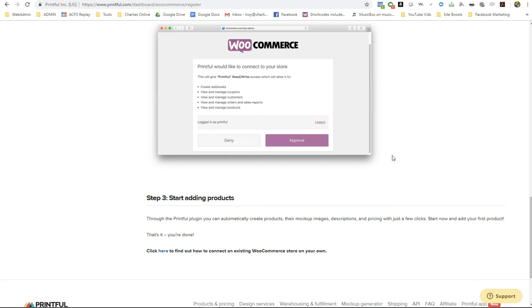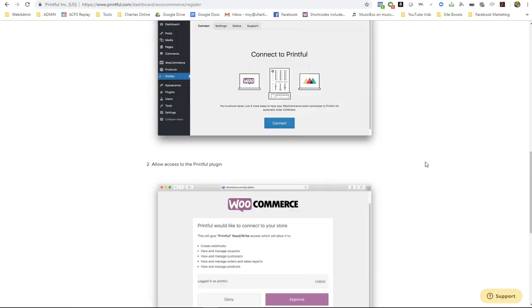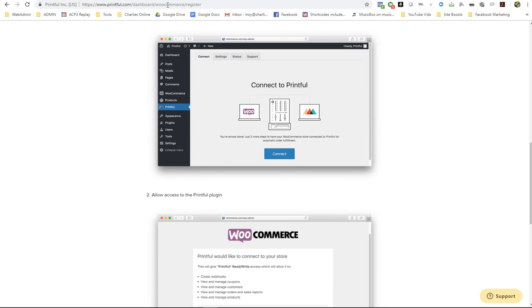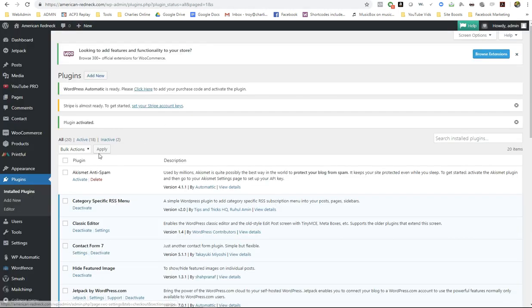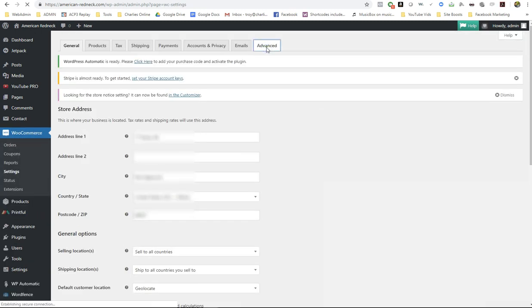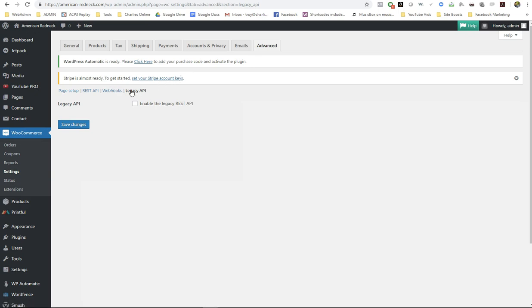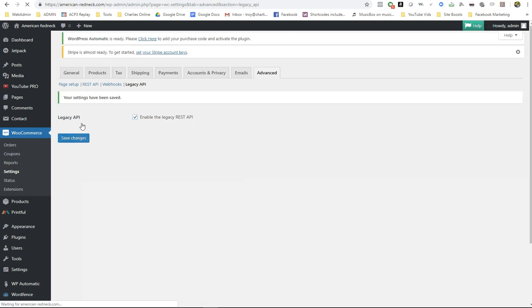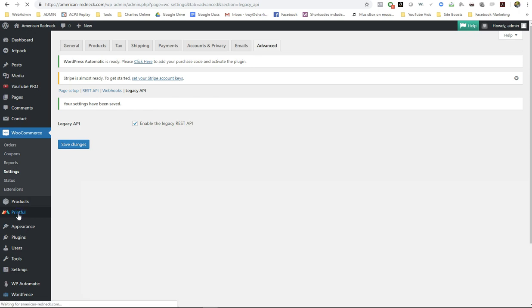I've already done all that. So this is showing me here we have to go to Printful. So let's go back. Click on the Printful one on your website that you just installed. It says your site needs to enable WooCommerce API. So you're going to click on it. It's all very simple to do. I'm going to go over to Advanced. I'm going to go to Legacy API and enable the API. So now that's enabled. Let's go back to Printful